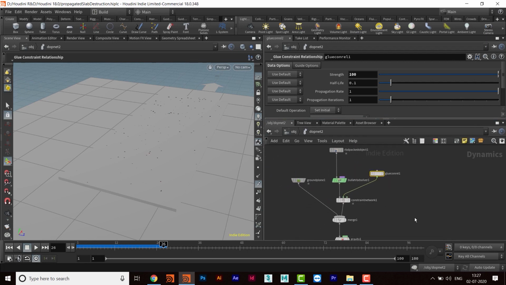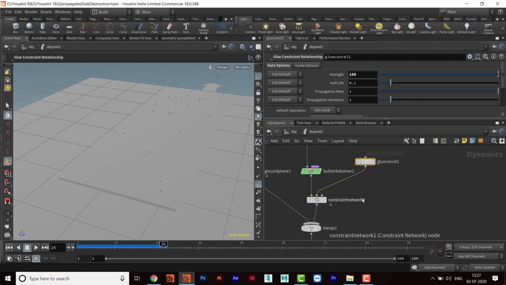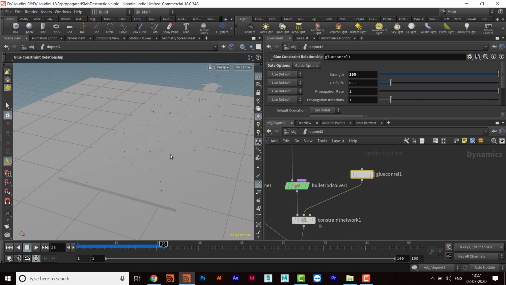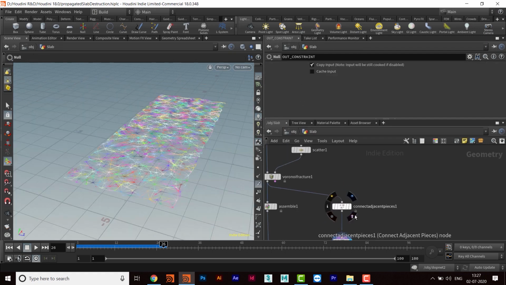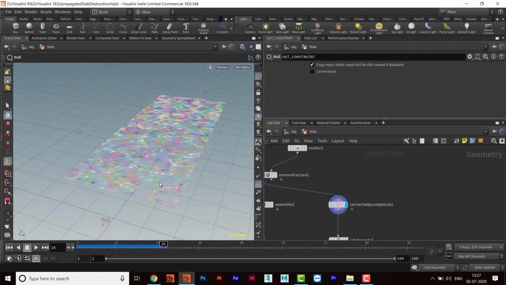So maybe in some past tutorials we have done till this point, but here we have to take one more step, and then that's what we have to do. We have to go here, and then maybe I'll come here, and then what we have to do, if we delete these constraints, then the chunks will go down with some curve or maybe with some object. Then this can happen. So what I'm going to do, I'm going to create a curve for that, and then I will animate the curve, and then try to delete the whole constraint network in that manner, the part I want.